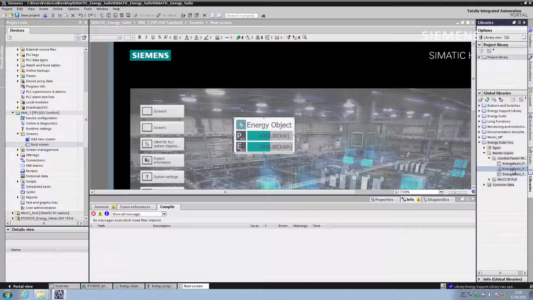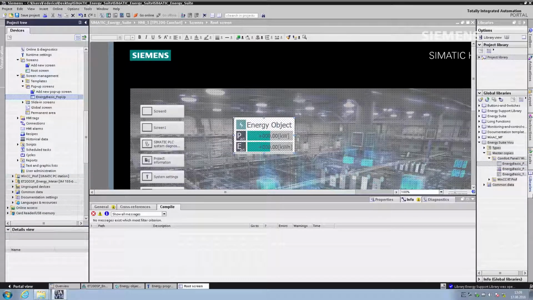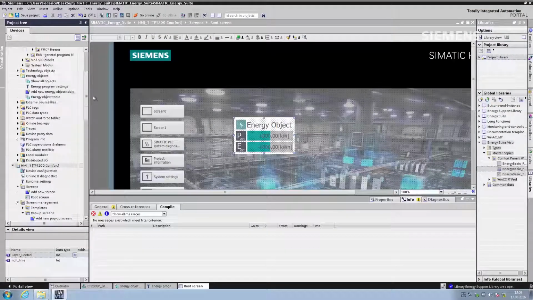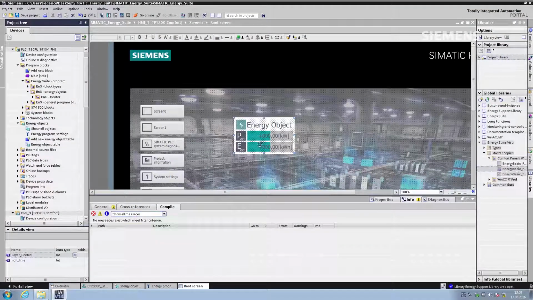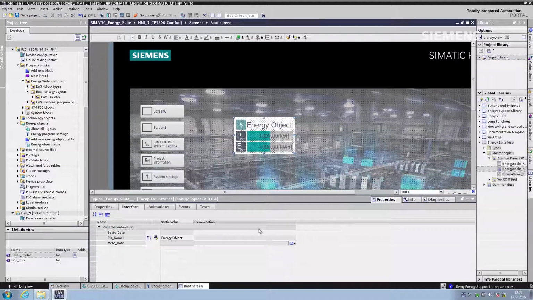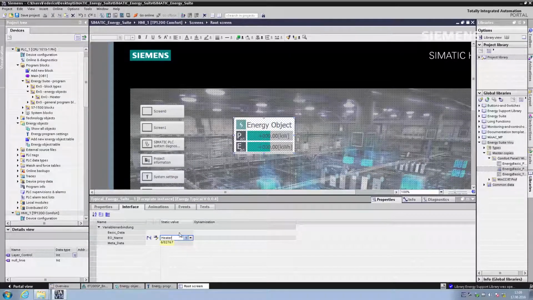I drag the pop-up out of the library and into my visualization. The pop-up also includes variables that I can simply drag out of the library into my project. Now all I need to do is connect the visualization object with function blocks out of my controller. I also assign the name heater to my energy object,